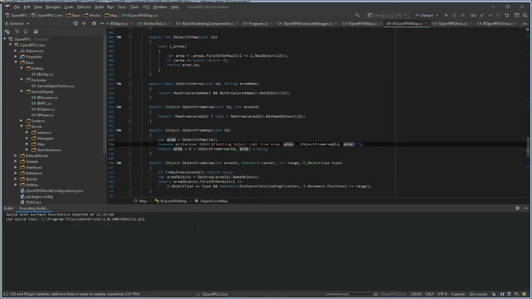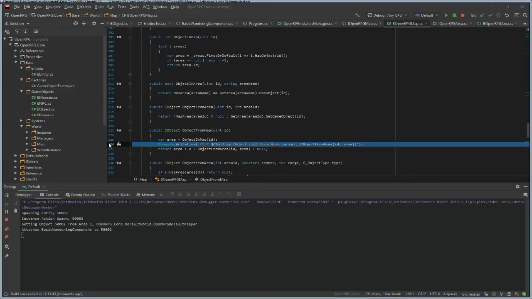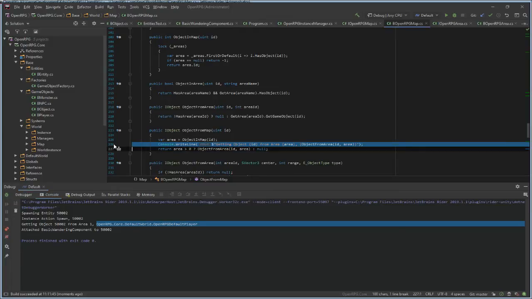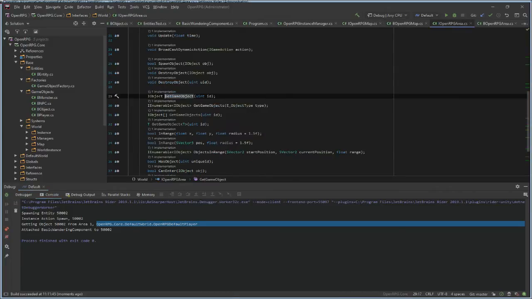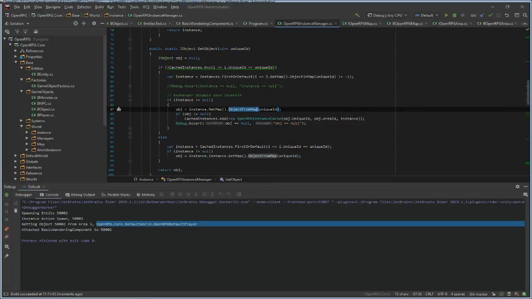This should not return null. This should never return null. Yes, it shouldn't return null. It returns an object, even the character type, the player type. Then why is it null? Object.